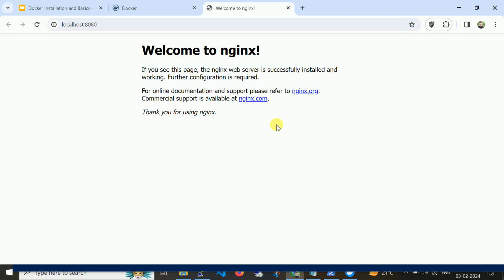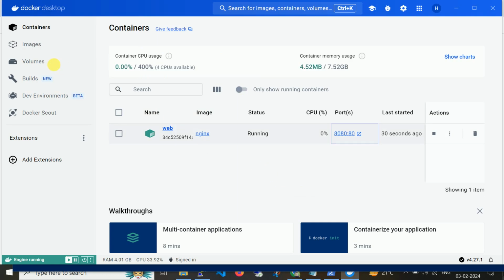So we are using the Docker engine on Linux as an Ubuntu image and on Windows as Docker Desktop. Similarly, you can use volumes, build, dev environments, Docker Scout, and many more features.